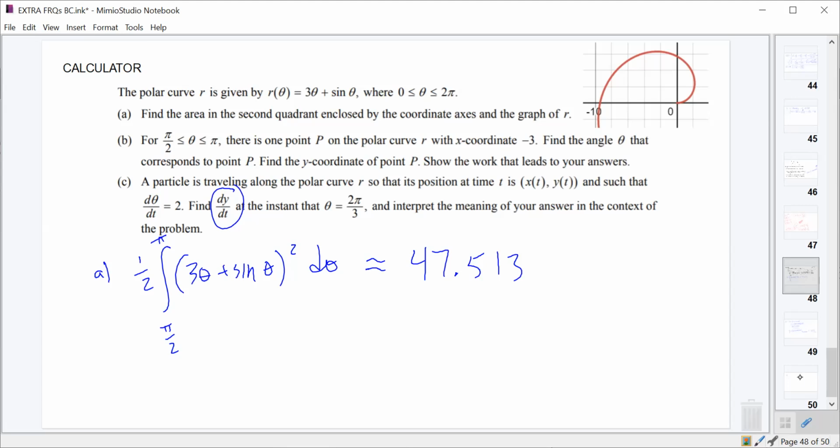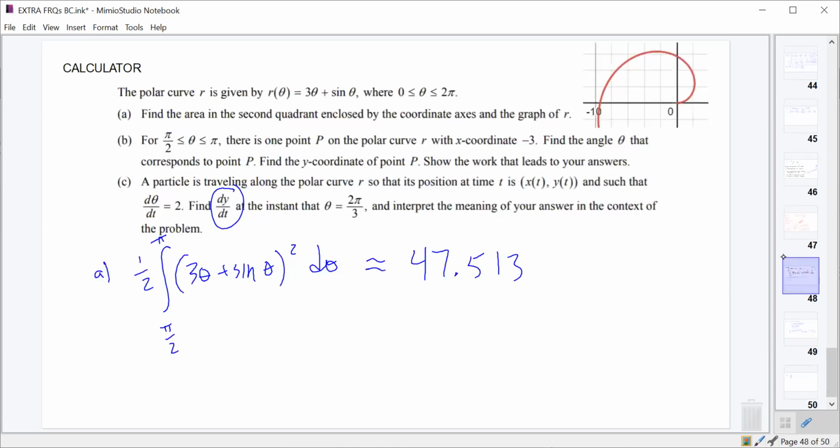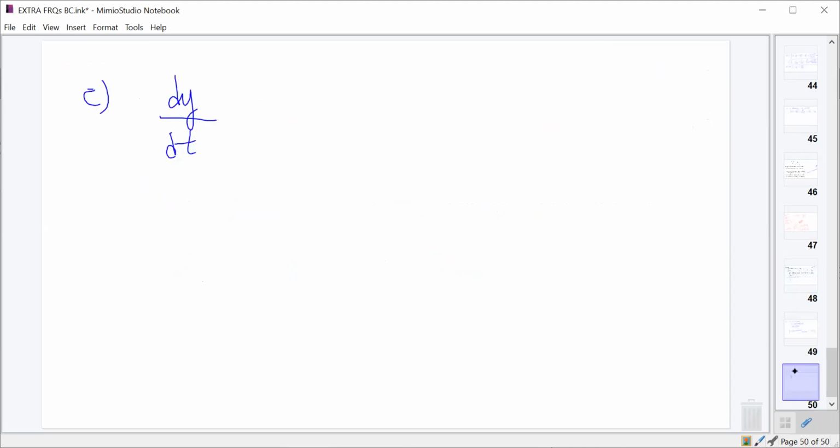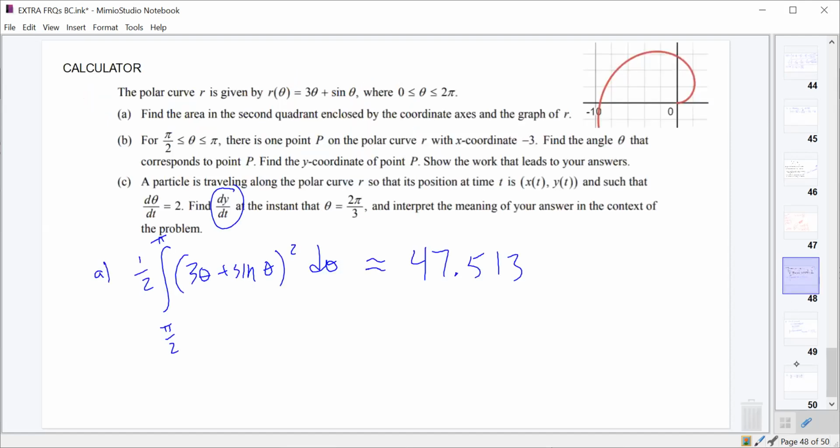we should be able to set this up as dy dt, which is what we're looking for. I think that's what we're looking for. Yeah. Dy dt is equal to dy d theta times d theta dt using the chain rule. And we should know what dy d theta is. And I think they gave us d theta dt as 2. So our